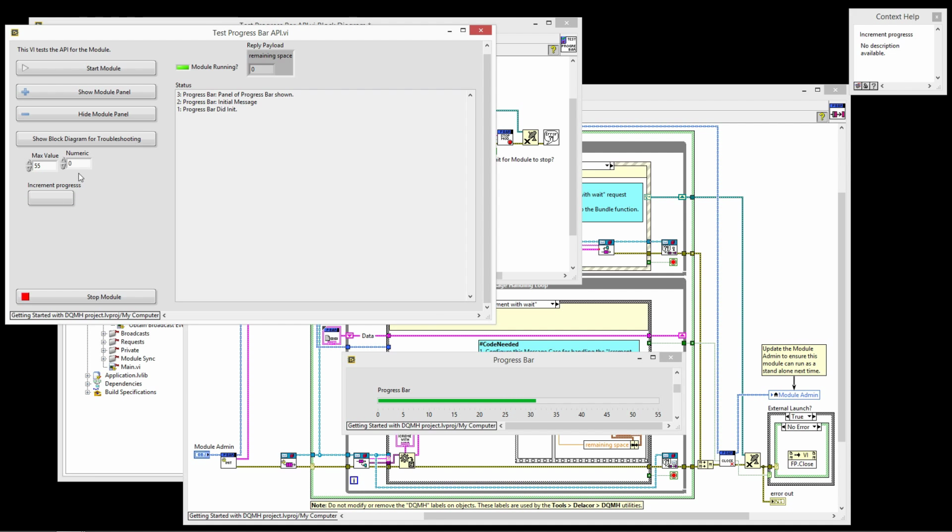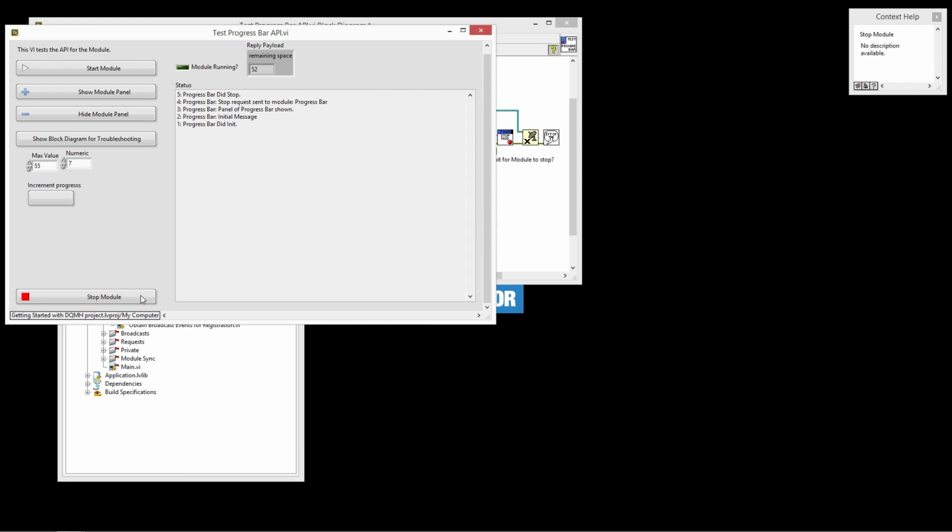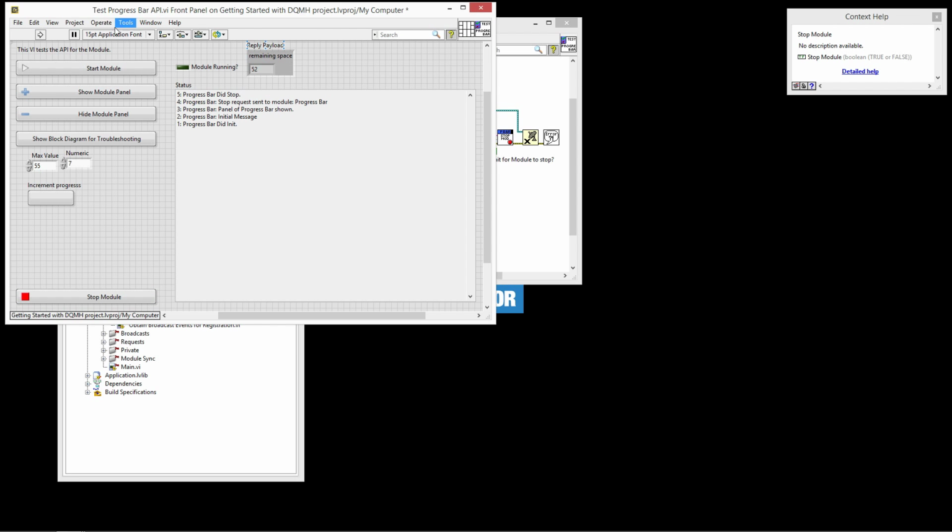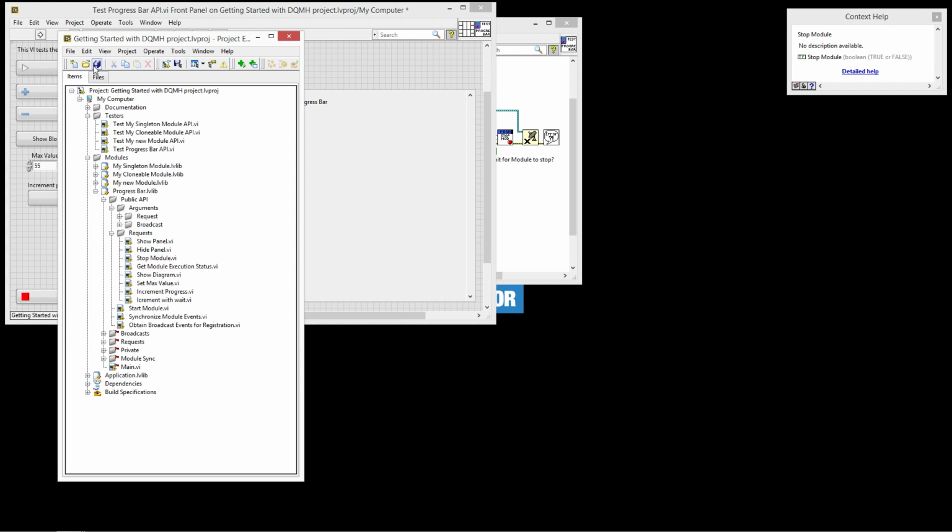I can increment like this, or I can tell it to increment 5 by 5, and you see that every time that I increment, it's not really giving me the remaining space, it's giving me the actual space that I have right now, but it's okay. You get the thing. Well, that works great, but let's say I want to save all, and I decide that